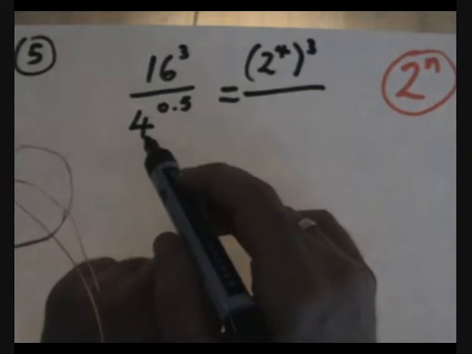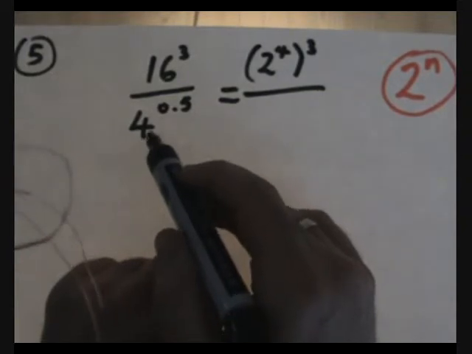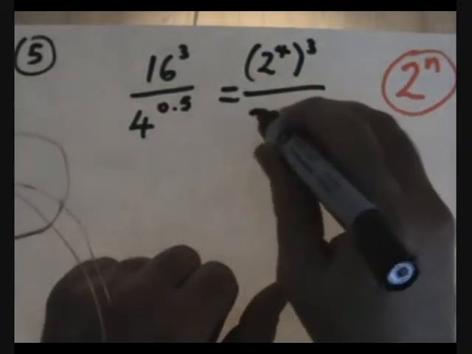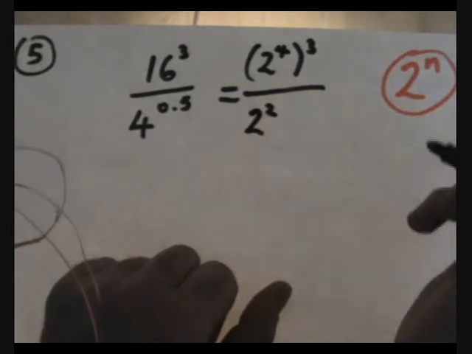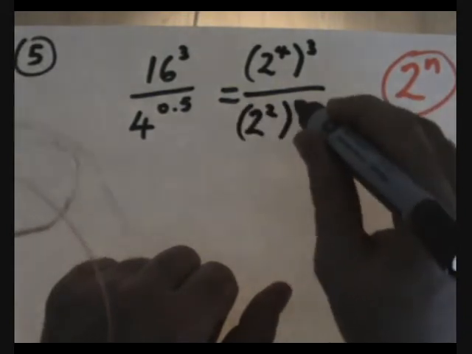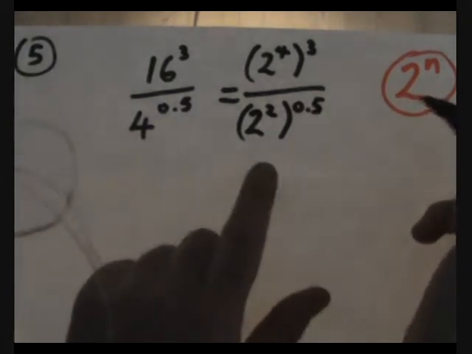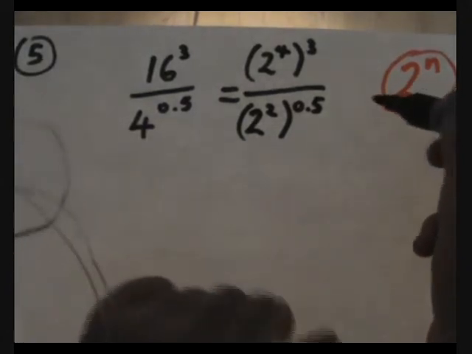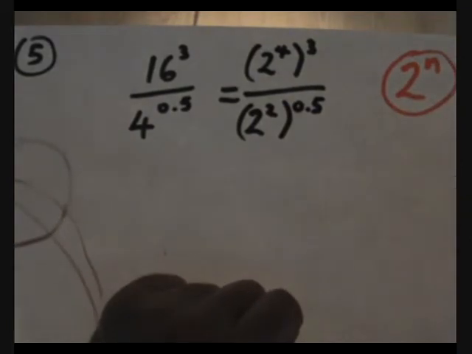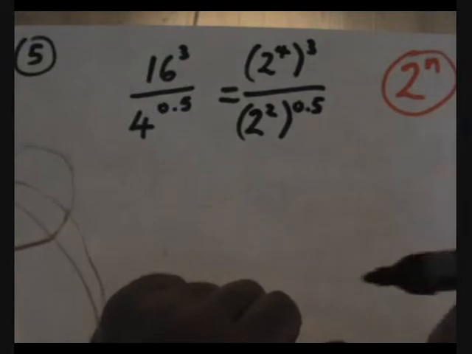2 squared is the same as 4. So instead of writing 4, we can write 2 squared. And don't forget that that's to the power of 0.5. So instead of 4 to the power of 0.5, 2 squared to the power of 0.5. It's the same thing, but we've started to write things with powers of 2, which will help us with the